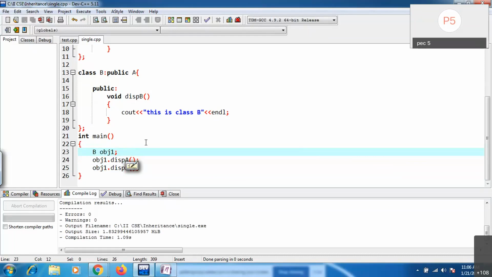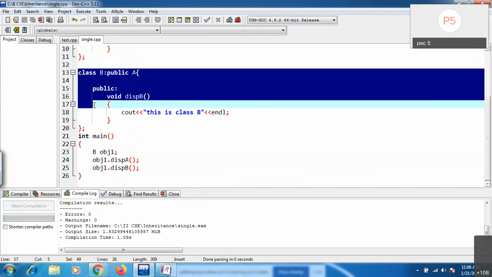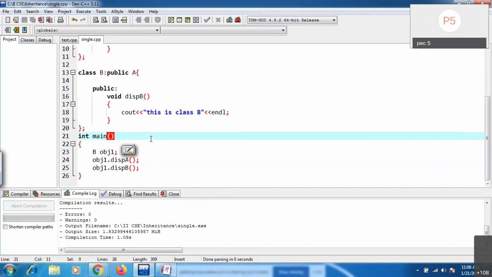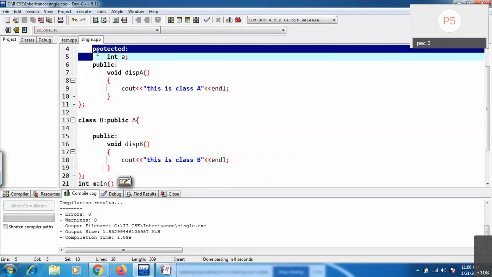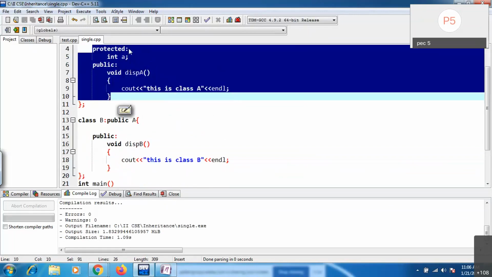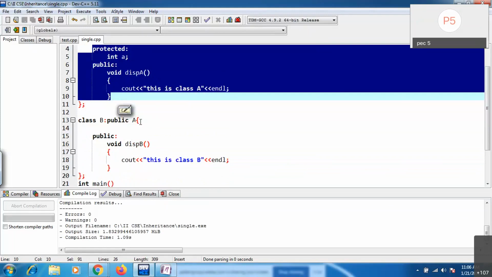This is about single inheritance: one base class and one subclass. If you create an object for B, you can access A class members also. If you create an object for A, you can access only A class members. B class members are not available inside A, but inside B you have A class members as well.